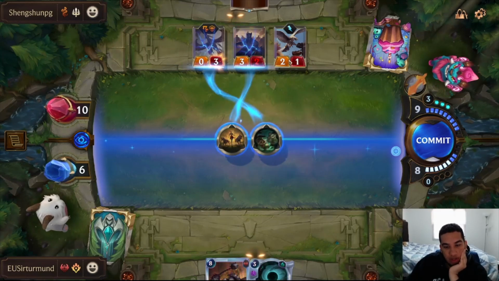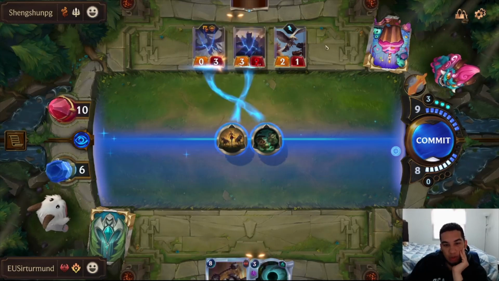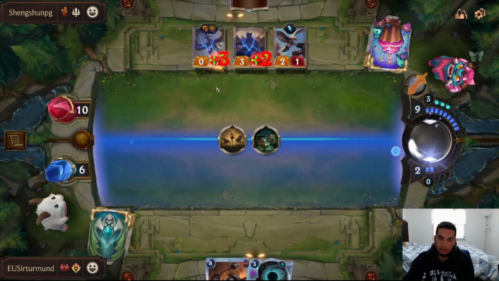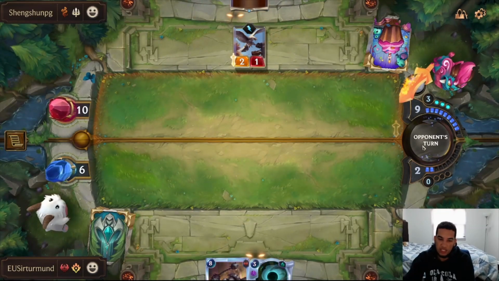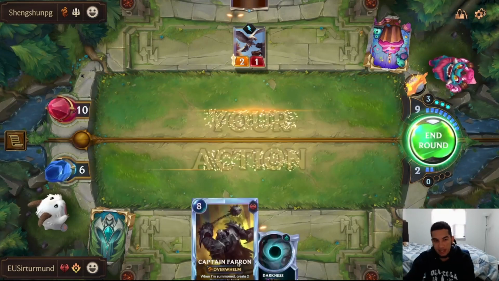Yeah, this works out, right? Maybe we do the darkness instead. No, because we can always do the darkness on this next turn. So we can always do the darkness on the Fleet Feather next turn. So I'm not concerned about that. Even if the opponent does throw the Demacia, that's only dealing 5, which is not enough to kill us. He doesn't do the full Demacia now, then next turn...